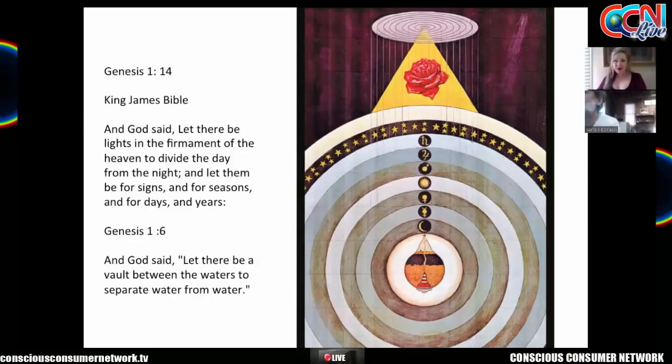But this is the Jewish Kabbalistic Hebrew system. Now, so you can see here, these are the 10 spheres, and at the very, very top is the cause and the source of all of this. Above the rose, the red rose of the Rosicrucians, you see that golden pyramid, and it points upward to the supernal empyrean. And so outside of these 10 conditions, of these 10 spheres in which we live, is the cause, the spiritual causes of these worlds, and that is the empyrean. And that is an unconditioned abode. And so out of that unconditioned abode comes all of these conditioned abodes that we